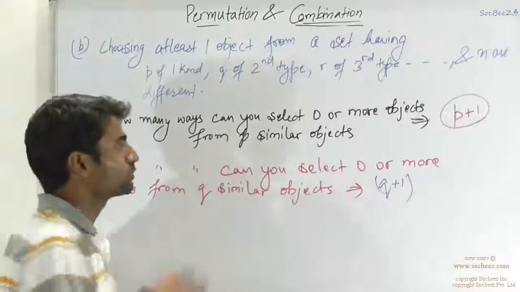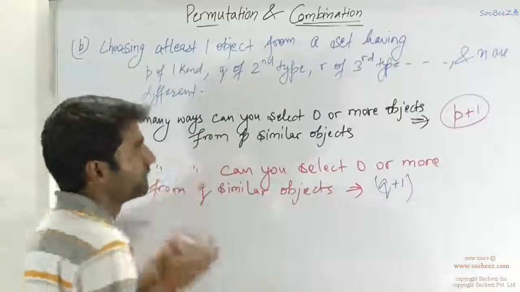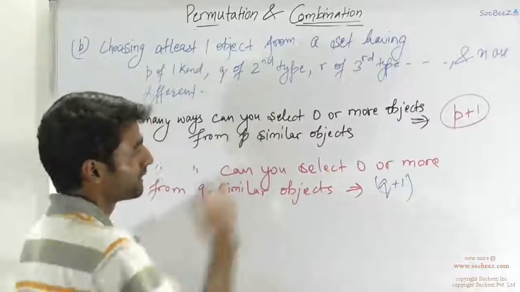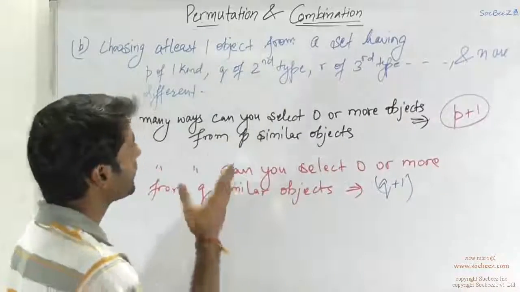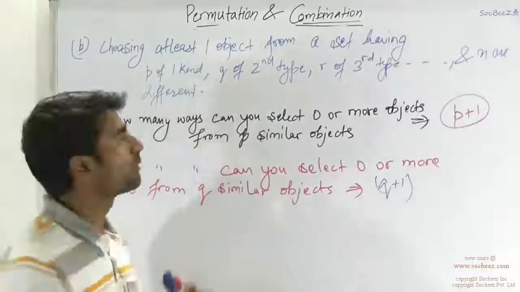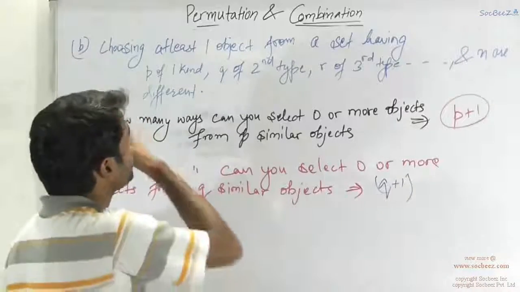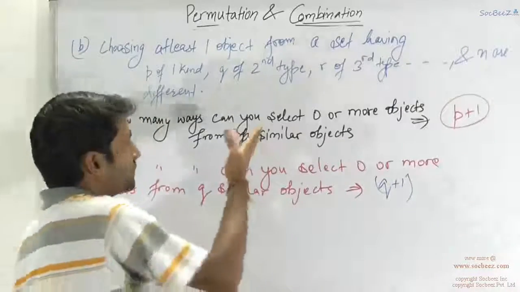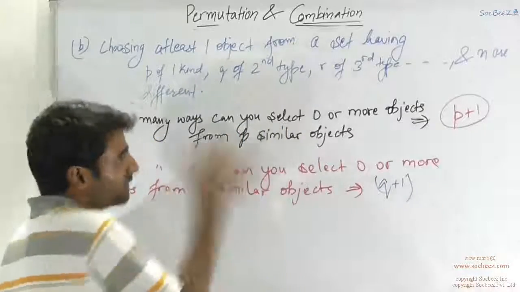For all, if you just decided to choose from any one of them, 0 or more elements, these are the total number of cases, and you have to choose from all of them because there is no limitation that you have to choose it from the first part, second part, only the third part.